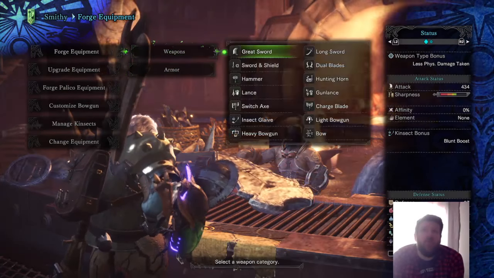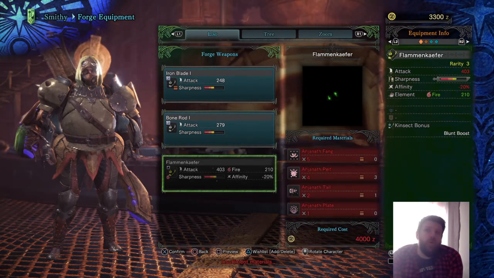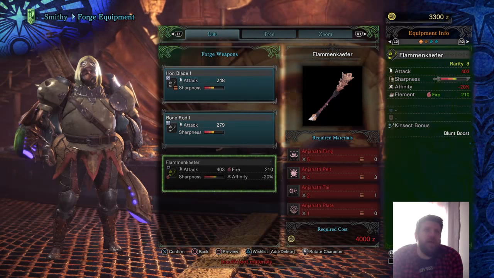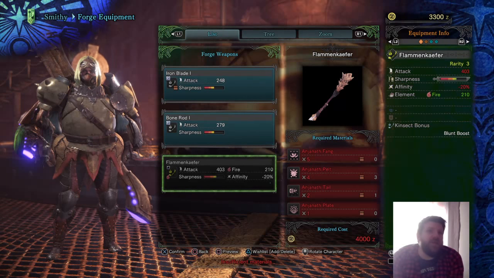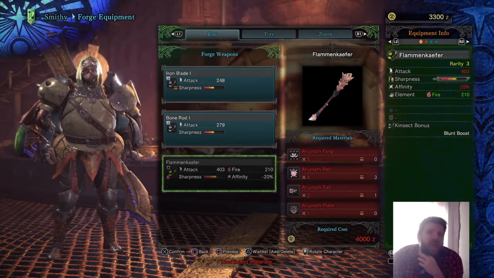As you unlock new materials by getting into new areas or finding new monsters, the options increase. So if I were to take something like my insect glaive that I'm currently using, at the moment I've got iron, bone, or this one called Flammenkäfer, which is a great word, but I do not have the resources to make that yet, or the money in fact. So I need to go, and you can see there, Anjanath fangs, pelts, tails and plates. I need to go out and hit that monster a lot if I want to get that